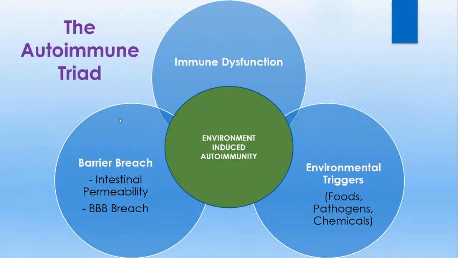Our third circle in this Venn diagram is immune system dysfunction. And immune system dysfunction is a lot of different things. We're still discovering a lot of these factors, but one simple thing that I can share that will probably make sense to you is vitamin D. Vitamin D, one of the many ways that it appears to contribute to proper immune function is that it helps with immune system regulatory function. That means the coordination and balancing of immune cell production. There are all kinds of different types of immune cells. You don't want them to be really out of balance. You want the immune system to function appropriately.